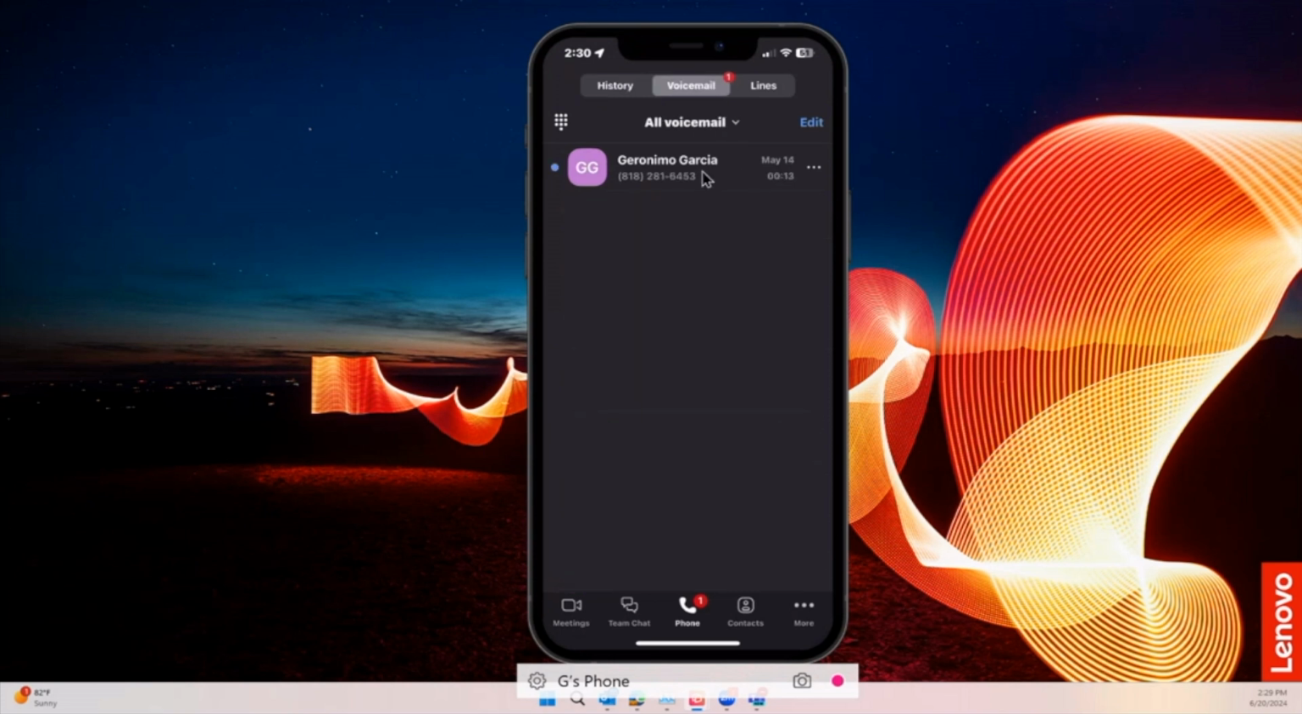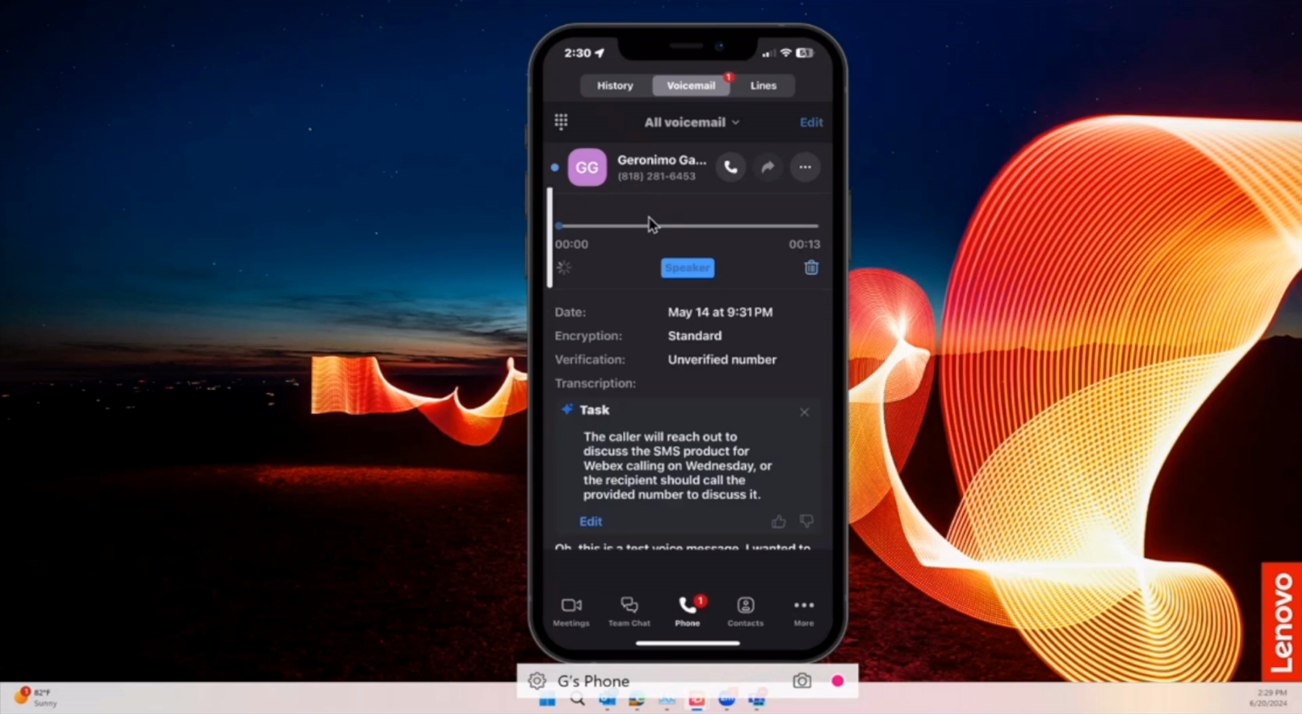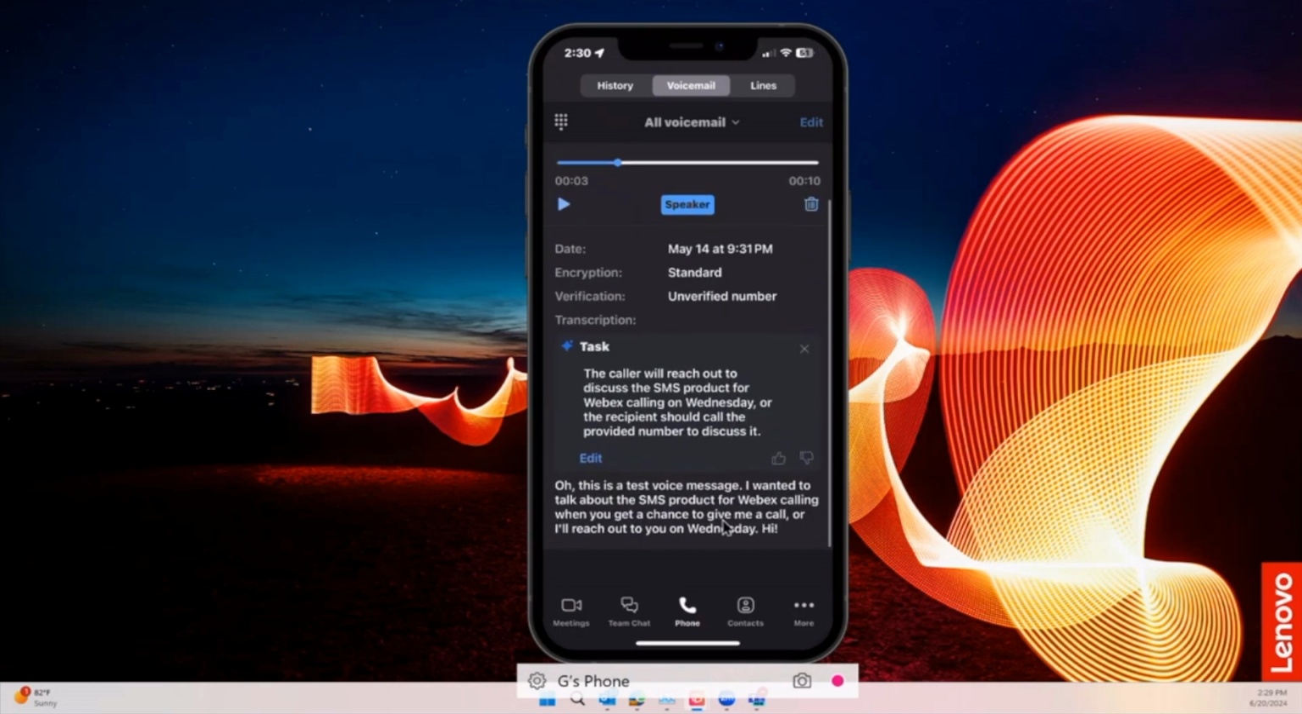I've got the information that I need, the date and time, the task below, and the transcription just below that. If I needed to call that user, I can just reply or forward. And then again, I've got the other options to share, delete the number, mark it as unread, same feature set, just a smaller screen. So again, when somebody calls me, it's going to ring out my Zoom app,